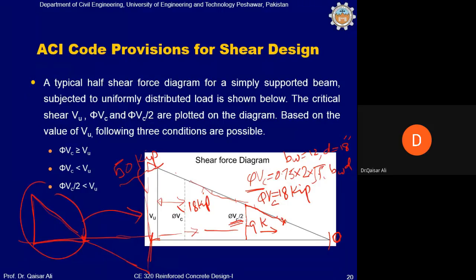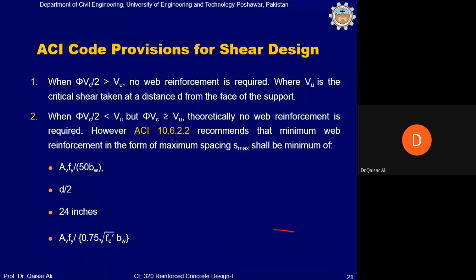पार्ट्स ऑफ द शेयर फोर्स डायग्राम। ACI कोड हमें क्या कहता है? As you have seen that shear force, the shear failure is much more dangerous than the flexure failure. For this reason, ACI कोड, वैसे theoretically तो ये होना चाहिए था कि अगर φVc से Vu कम हो तो हमें शेयर रिइंफोर्समेंट की कोई ज़रूरत नहीं होनी चाहिए थी। लेकिन ACI कोड कहता है कि नहीं, इस तरह आप न करें। ACI कोड कहता है कि आप φVc को 2 पर डिवाइड करें और अगर शेयर कैपेसिटी को 2 पर डिवाइड करने के बाद भी